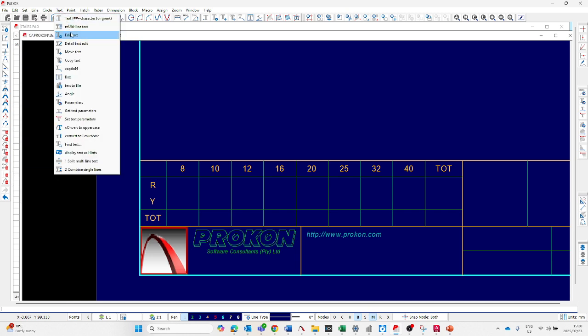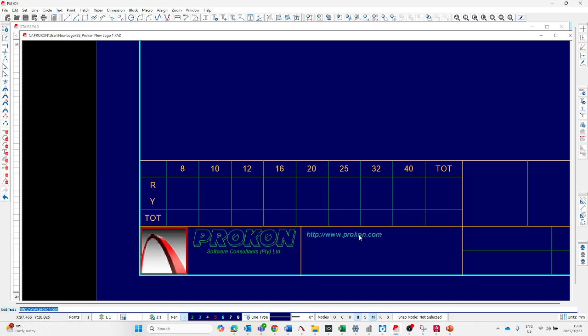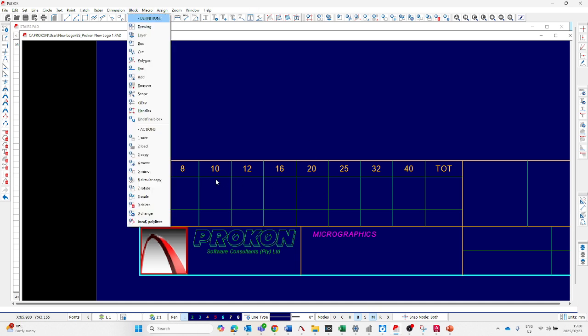Actually, let's go to text and edit this text, and let's say I say micro, let me use a capital letter, Micrographics, right? And that's it. And let's say block copy. I just want to copy this B3